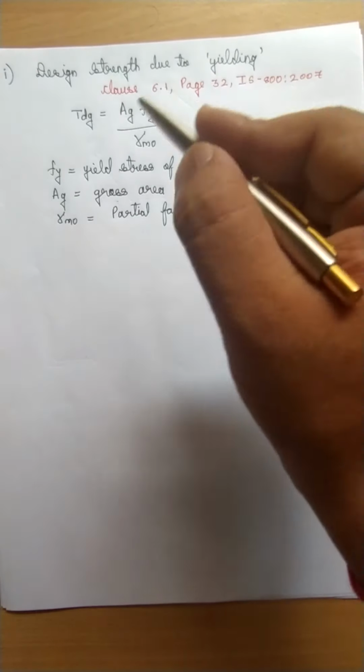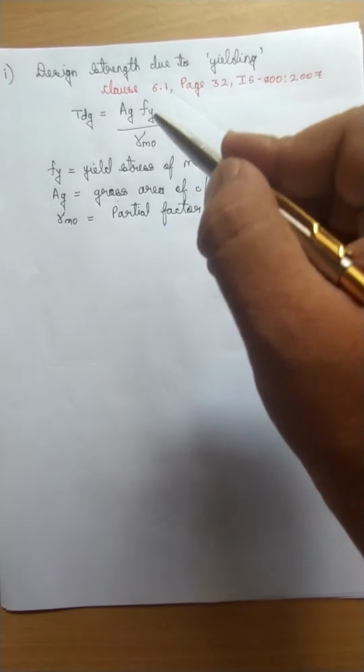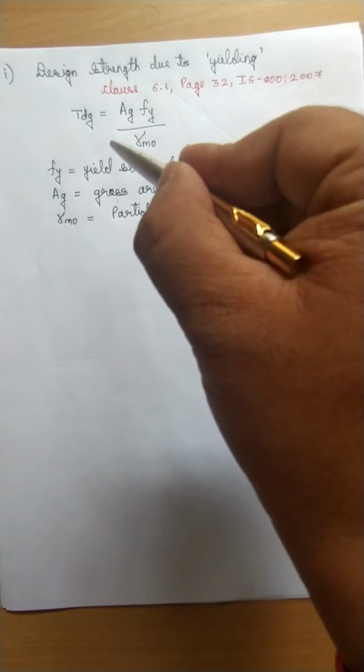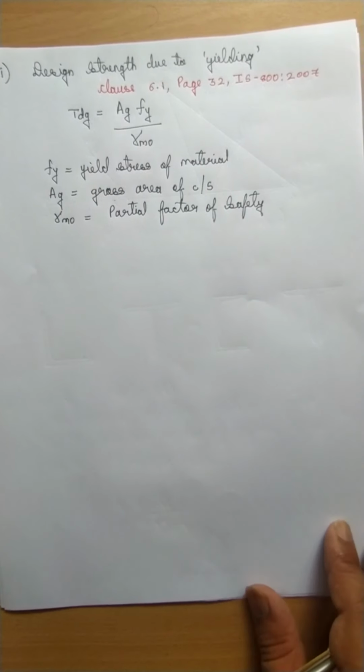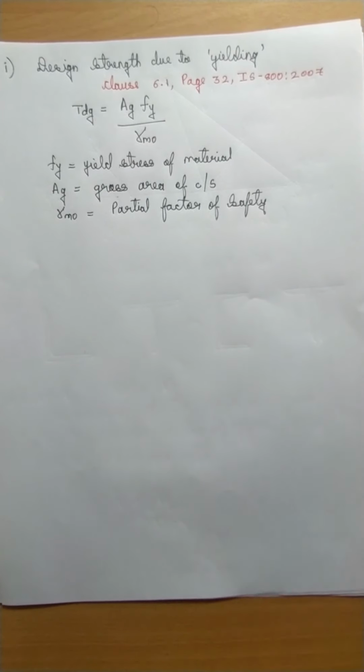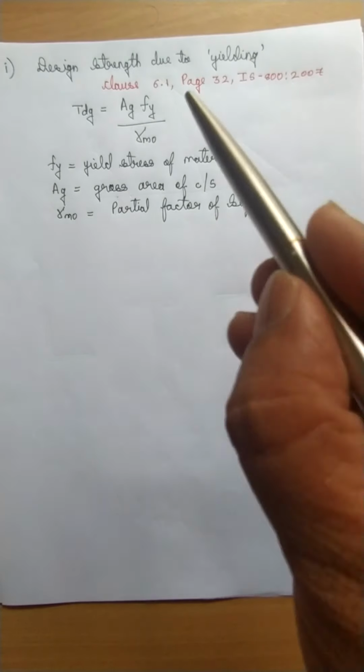What is yielding? You can see the formula has taken the gross cross-sectional area. That means the failure of the tension member when the full strength of the member is used, that is, without the bolt holes, considering a solid plate, that is the solid strength. So, remember, when the full gross cross-sectional area yields, the tension member fails. This is the first criterion of the steel, and this is the formula given.